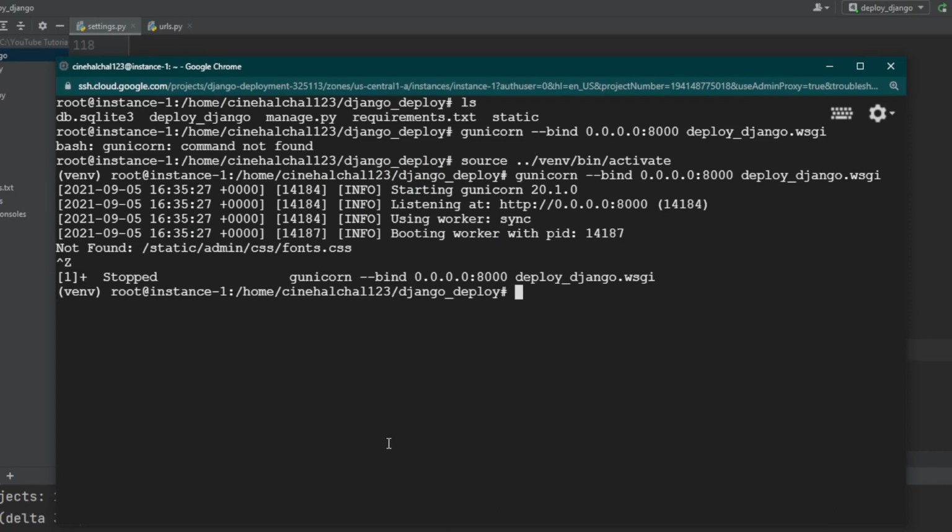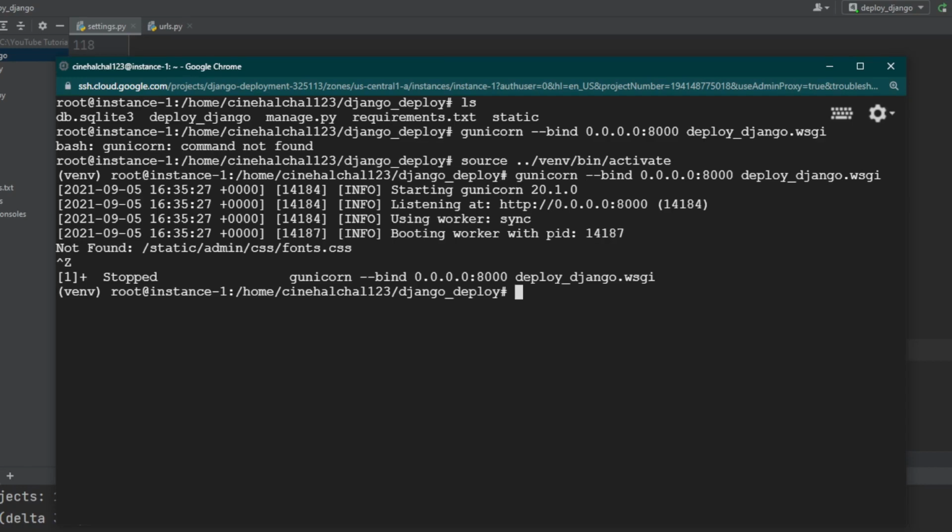To accomplish this, we'll make some systemd service and socket files. Here systemd is a system and service manager for Linux operating systems. It has features like starting up the system services in parallel at boot time, which we are going to use in our case. We will create a Gunicorn socket file. This Gunicorn socket will be created at boot and will listen for connections. When a connection occurs, systemd will automatically start the Gunicorn process to handle that connection.